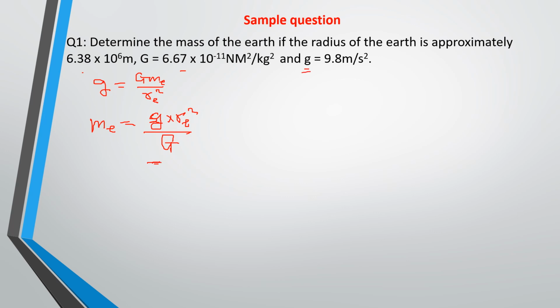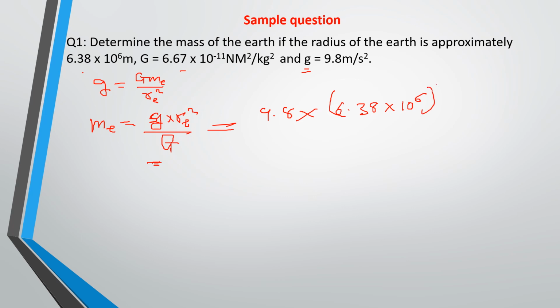So just substitute into this equation. So I have that your g is 9.8 multiplied by the radius squared, which is 6.38 times 10 raised to power 6, all squared,